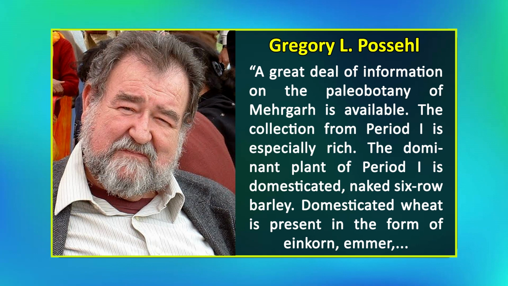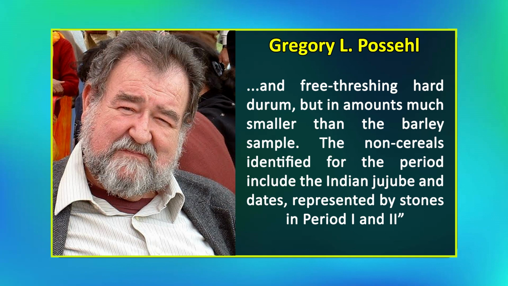As stated by Possehl, a great deal of information on the paleobotany of Mehrgarh is available. The collection from period 1 is especially rich. The dominant plant of period 1 is domesticated naked 6-row barley. Domesticated wheat is present in the form of einkorn, emmer, and free-threshing hard durum, but in amounts much smaller than the barley sample. The non-cereals identified for the period include the Indian jujube and dates, represented by stones in